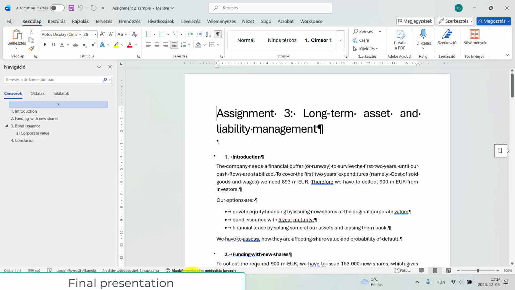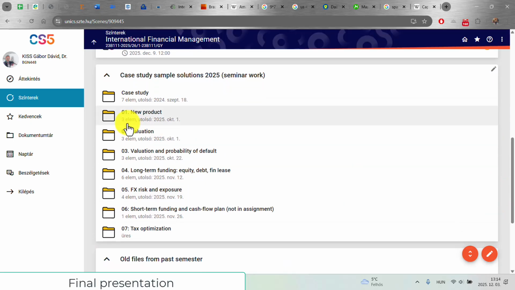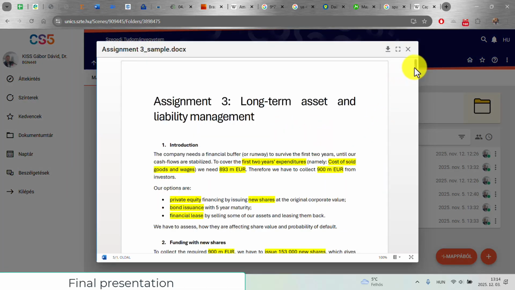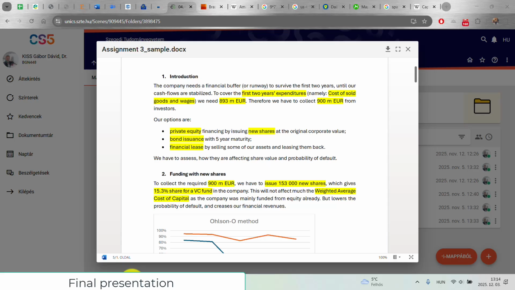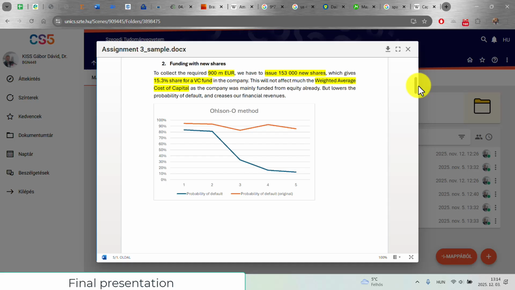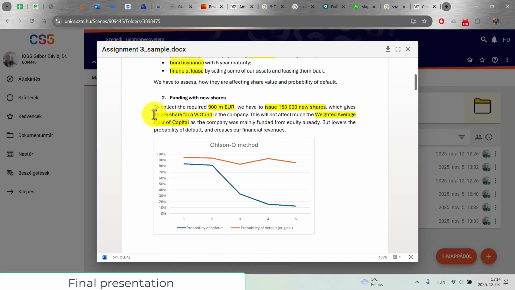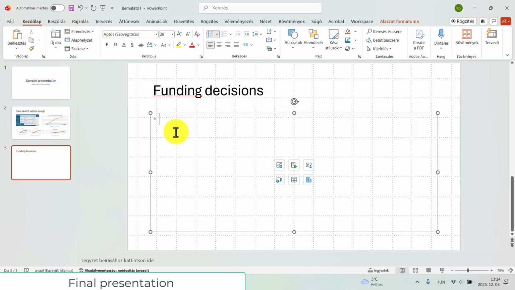How did I do this? Okay, so I have to look for the second assignment. Yeah, because that was valuation, but valuation was necessary, so let's go for long-term funding. Funding decisions. In this case, we have to see that shares. We have to issue